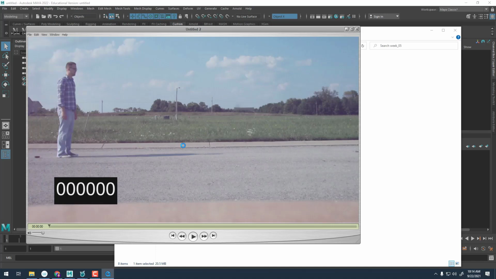One, ideally, your footage would be shot at 24 frames per second. Most DSLR cameras should have a setting where you can specify that it shoots at 24 frames. Smart devices are kind of hit or miss, so you'll want to check your smartphone. If you use your phone to shoot your reference, check to see if there is a setting in the video settings to shoot at 24 frames per second. If you can't, it's okay to still shoot the footage. If it comes in at, let's say, 30 frames, you can always drop it down to 24 frames in